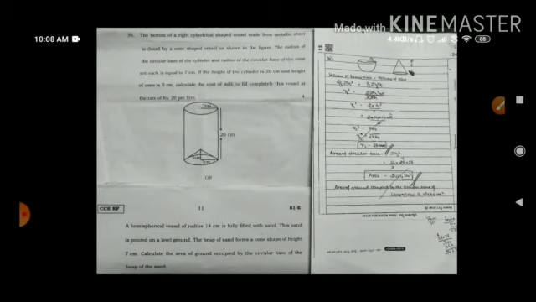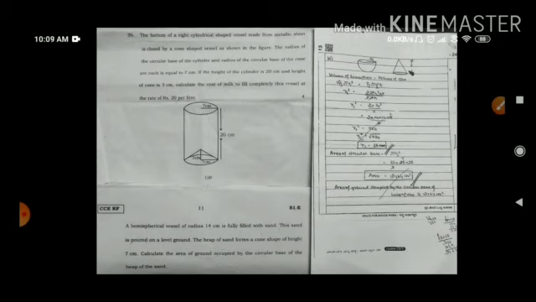So find the volume of this vessel. First we have to find the volume of this vessel. The volume of this vessel will be cylinder minus cone, as there is a cone shaped metallic sheet here, so we have to subtract this volume of the cone, and then you will get the volume of this whole cylindrical shaped vessel. Then you have to convert that into liters and find the cost.